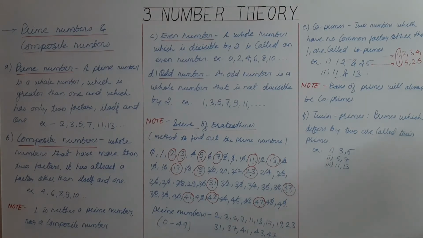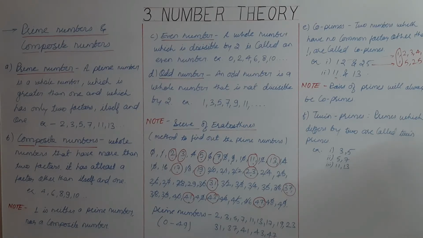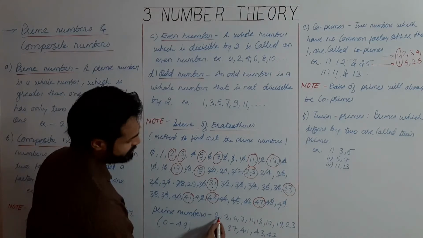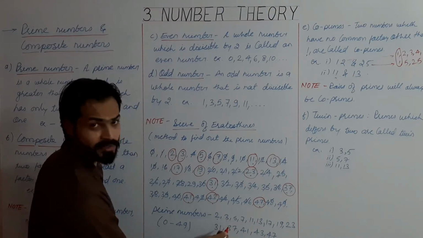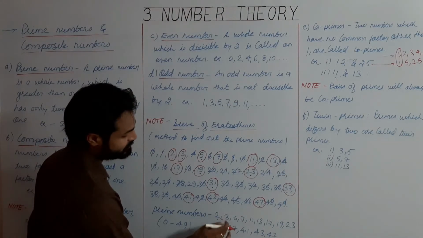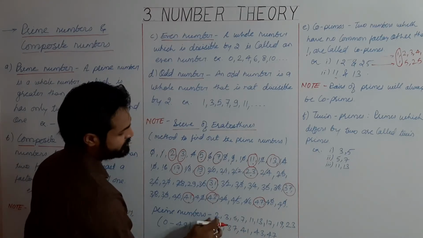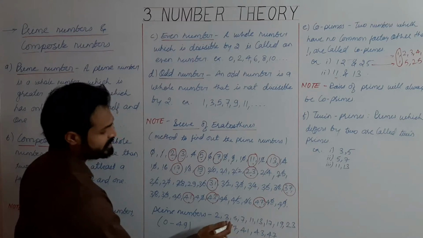Next, twin primes. Now what are twin primes? Primes which differ by 2 are called twin primes. It means the difference between two primes must be 2. So from the set of prime numbers, here 2 and 3, these two numbers are prime numbers, but the difference is 1. But here 3 and 5, the difference is 2. So 3 and 5